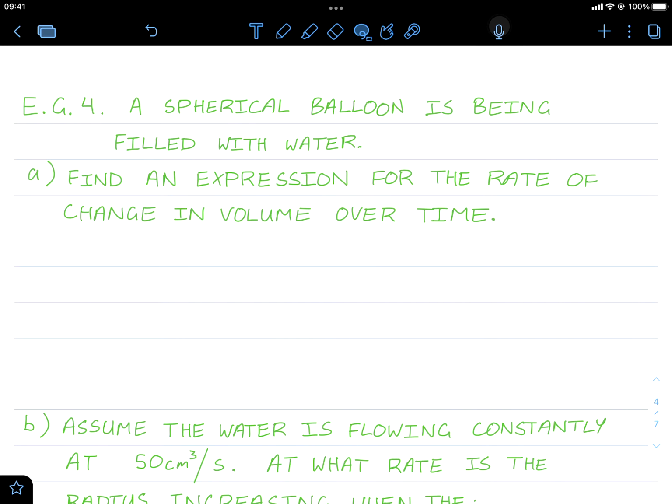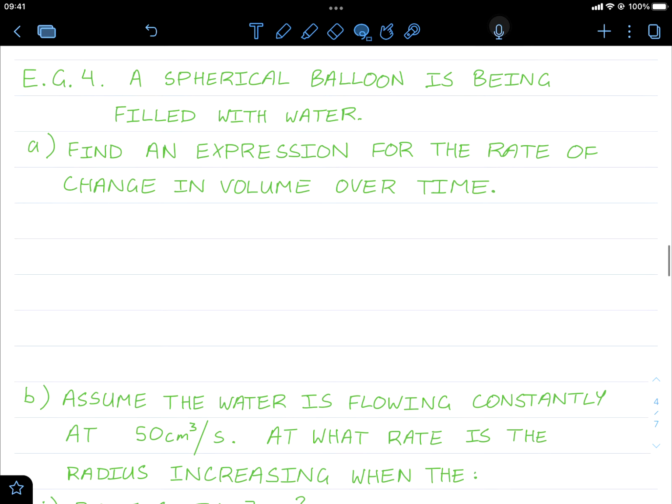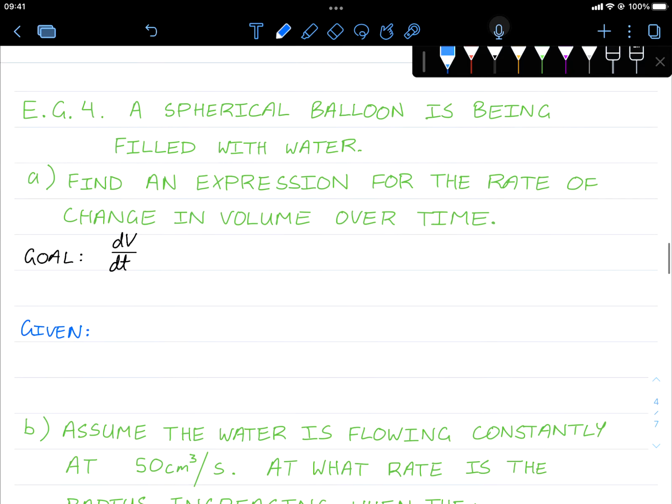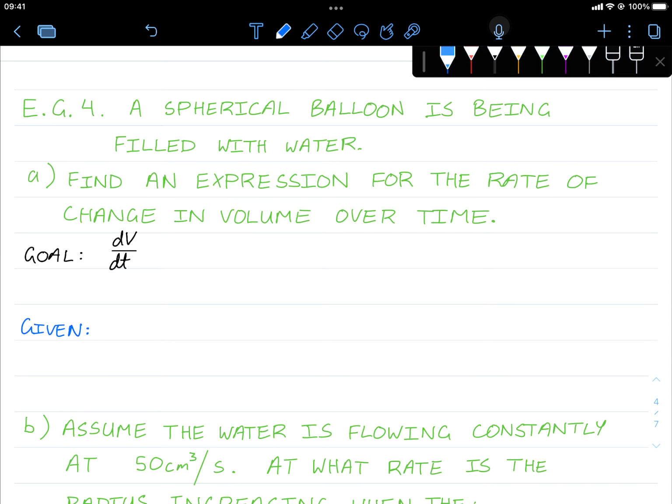A spherical balloon is being filled with water. Let's find an expression for the rate of change in volume over time. So let's consider that. What we are looking for is the rate of change in volume over time. Now let's think about what we've been given in the information. Well, from here we can see that it's a spherical balloon once again, so V is equal to